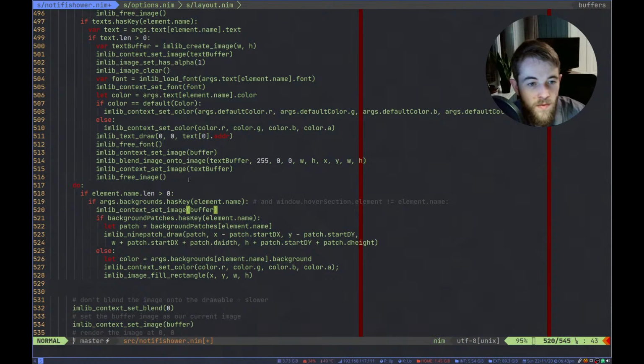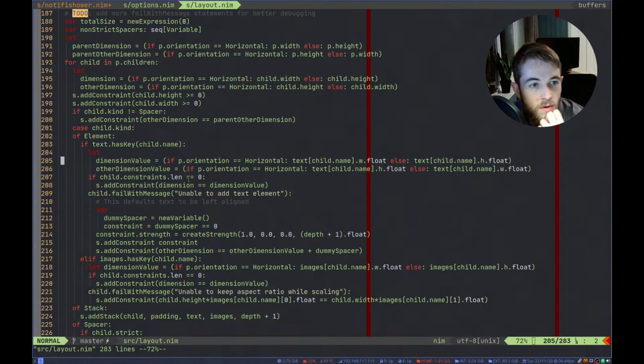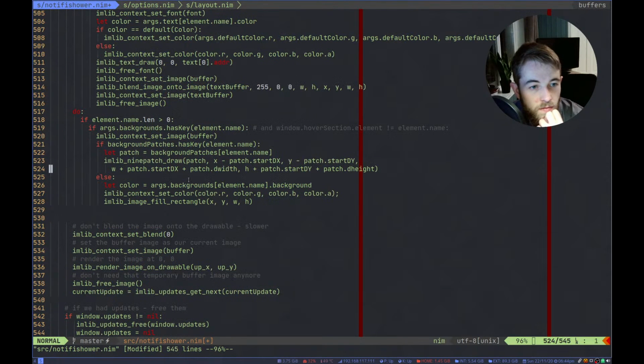Like so. Set it to the context, load the background patch. Yeah, draw that patch on there. Width and height. Where do these come from? Yeah, otherwise, grab the color and draw the color.